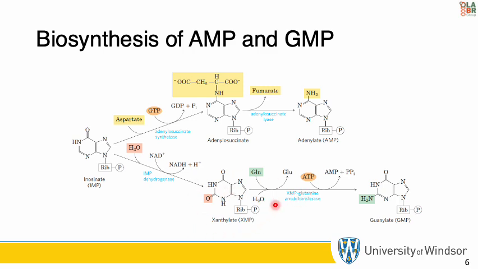So we have our intermediate over here, which is XMP, or xanthylate. It comes in, and you have your amino group derived from glutamate. You have your input in this case, which is very important and differs from AMP: we have GTP over here, and over here we have our energy source coming from ATP. You have your release of AMP plus PPi, and then you end up with your molecule over here, guanylate, GMP. And that is the final step. Now we have both AMP and GMP from our IMP.